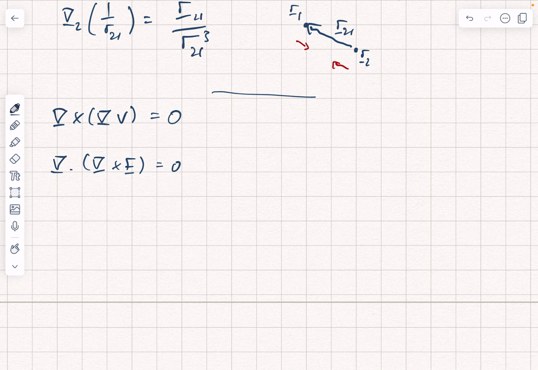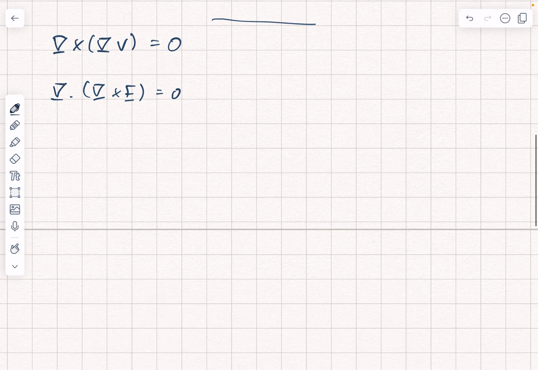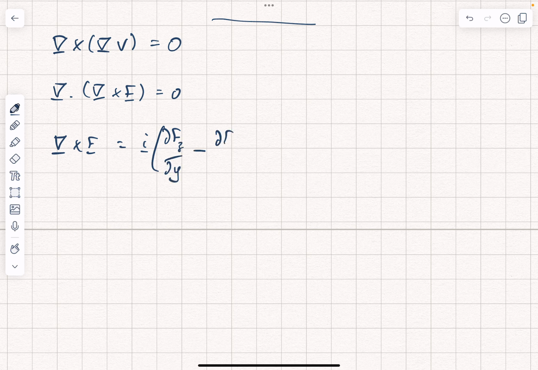We can, of course, do the maths, and you can see that they are identically 0, but the other question we might want to ask is, intuitively, why is this happening? So let's first of all think about the way that we write a curl. So we have curl of f, and this is going to be i, that's the unit vector in the x direction, of dfz by dy minus dfy by dz plus j multiplying dfx by dz minus dfz by dx